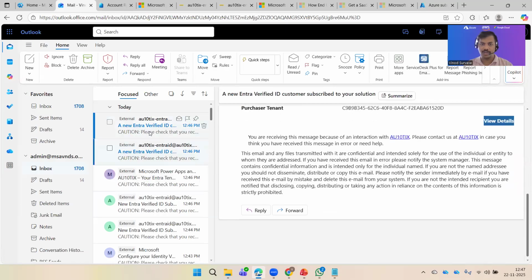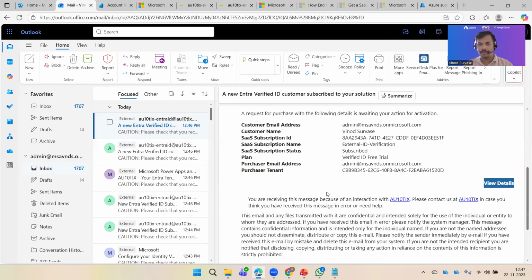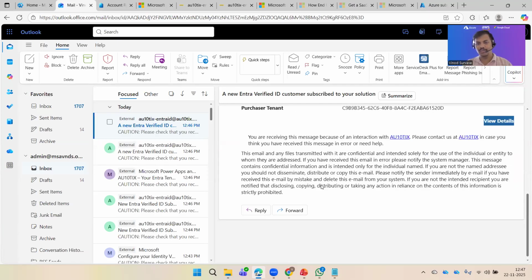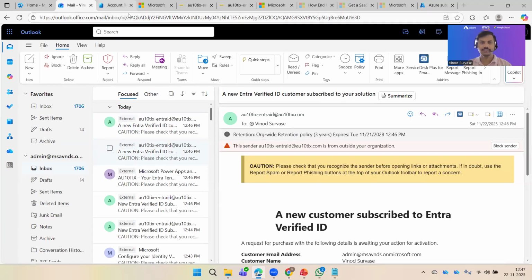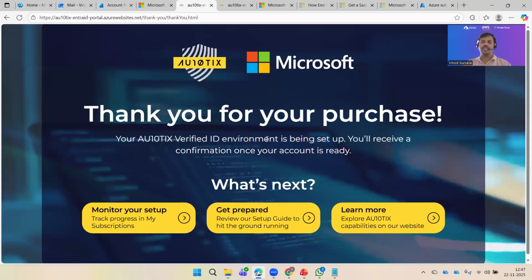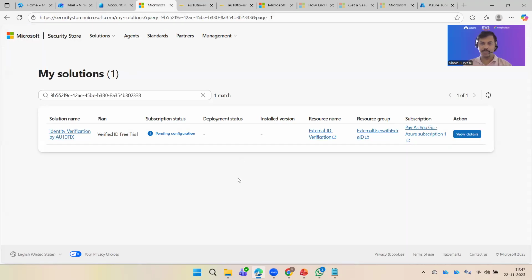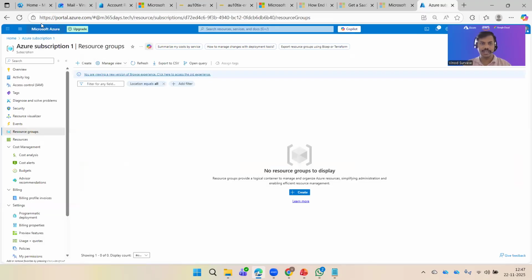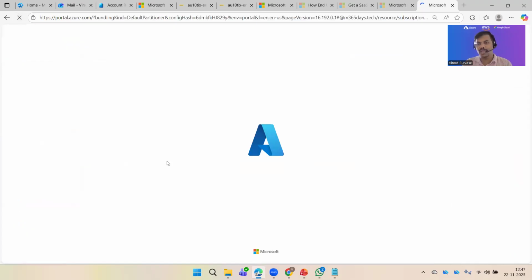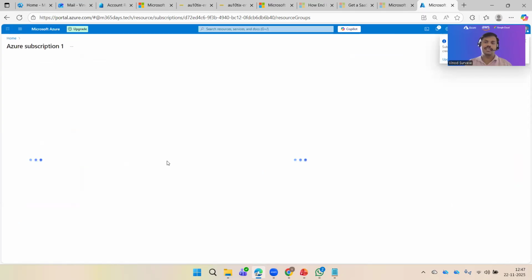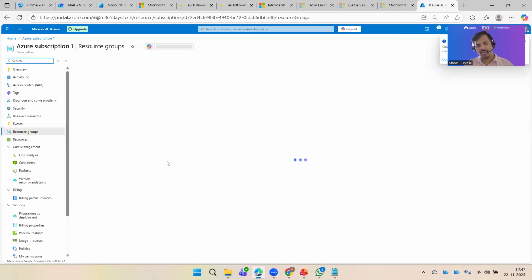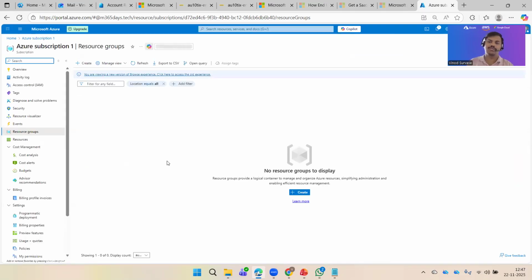And here it is showing all the details of the tenant, basically. So this is how we can go ahead and set it up, and definitely it's going to be added into the Azure side upon verification and confirmation from both sides, because this solution is a third party and not the Microsoft, right? So third party solution is being integrated with Microsoft Entra ID, and that can be leveraged and used for verification